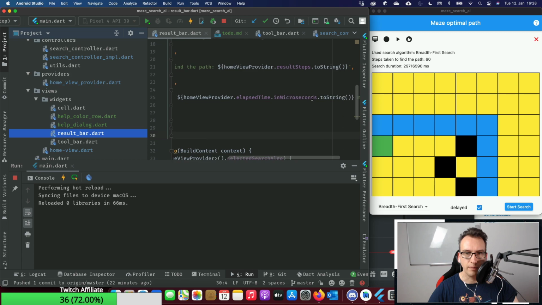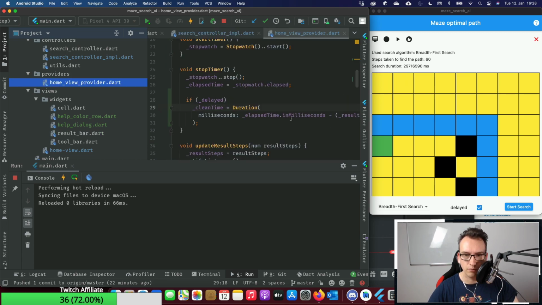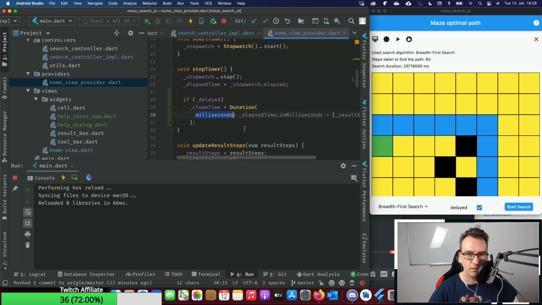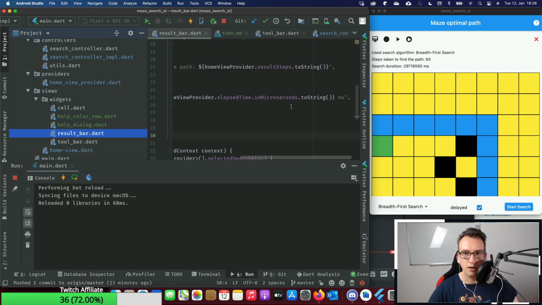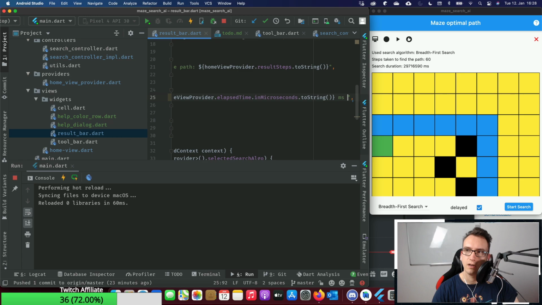So we have the elapsed time here. I don't have to create that. Oh no, I have to. Yeah, that's fine. So what we would have to do inside of our result bar is go here, and there would be an if statement, right? If this is delayed, then